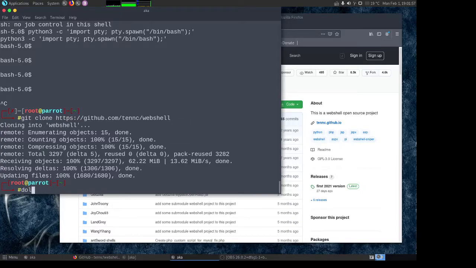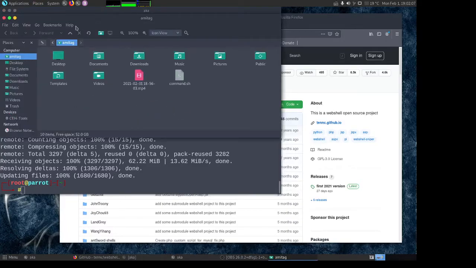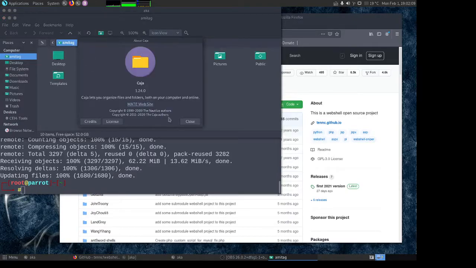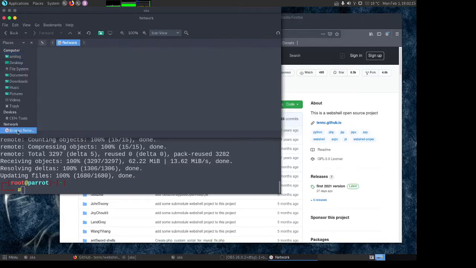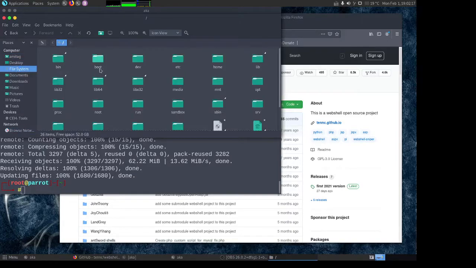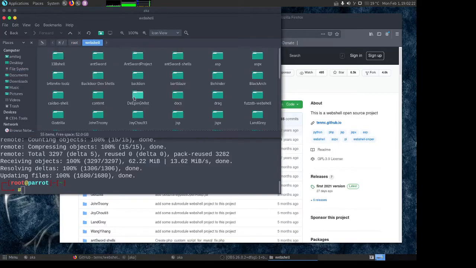Dolphin, no, Nemo, I don't know which file browser I have. Okay, which one is this? This is some MATE thing. That's okay. We will go from here. Not here. File system, root, web shells.